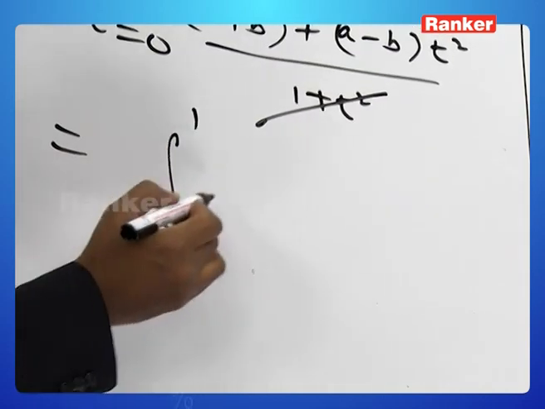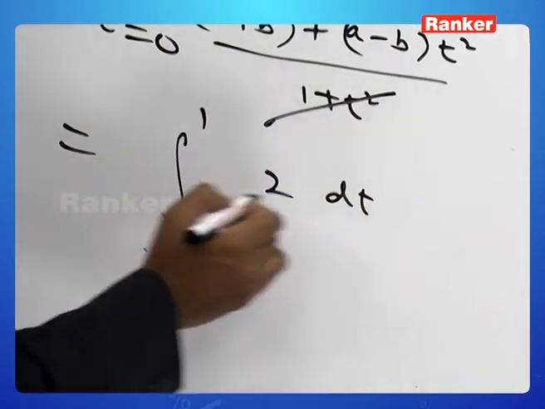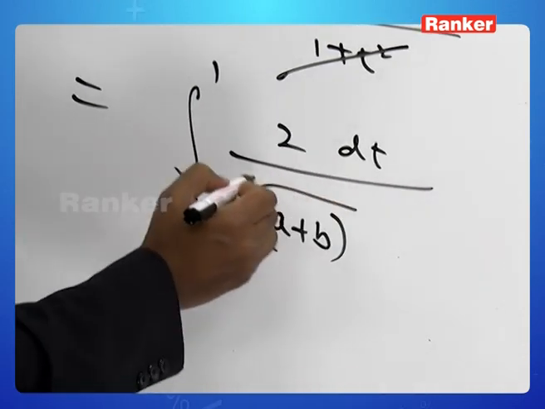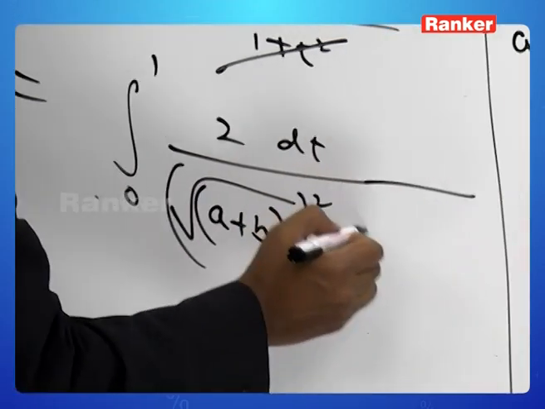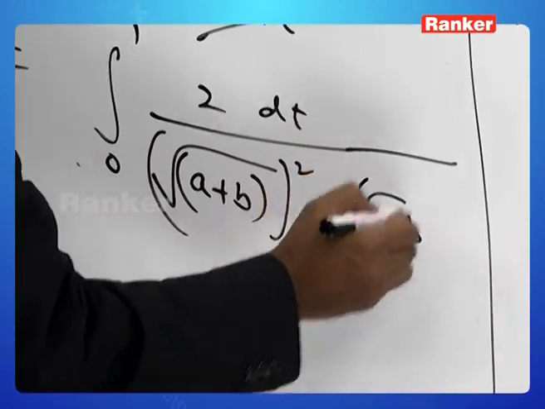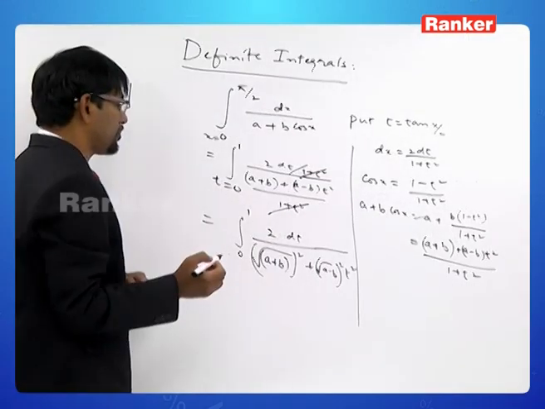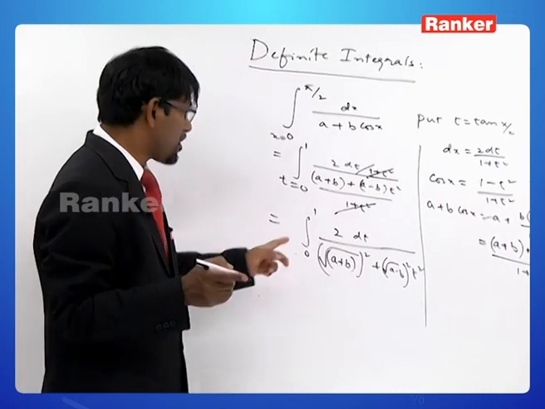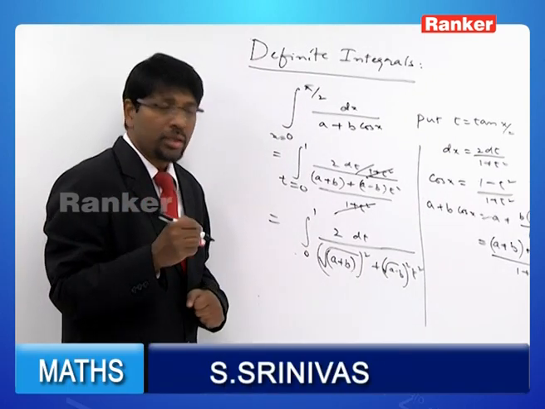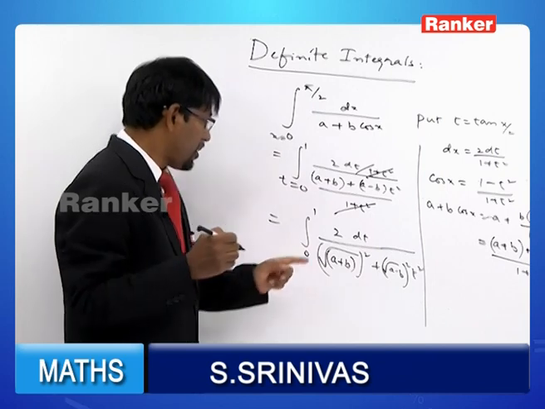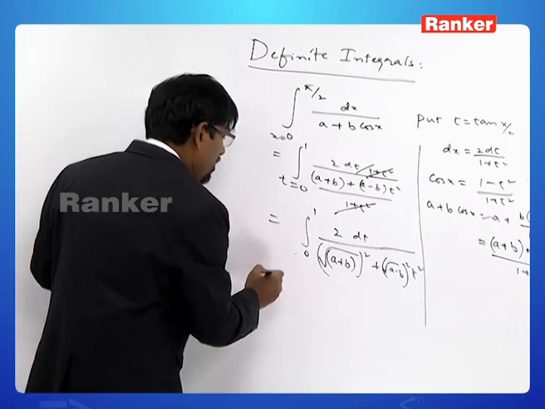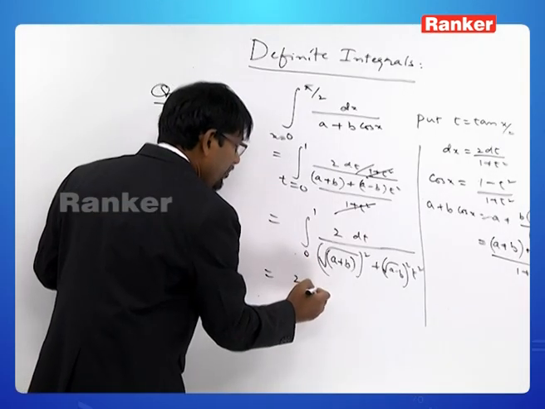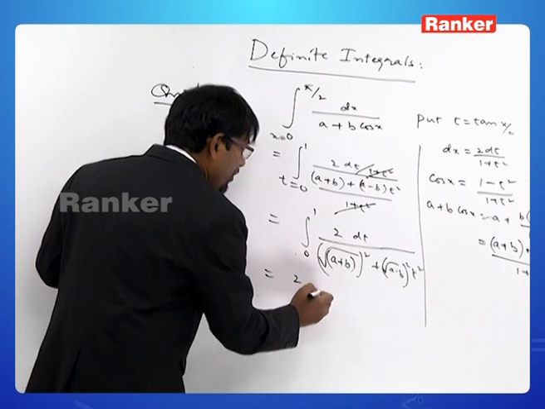Now this 1 plus t square cancels out, and what do we have? Integral 0 to 1, 2 dt by, this is a plus b, that I can write as root over a plus b whole square plus root over a minus b whole square into t square. Now it's in the form of 1 by a square plus x square type. And what is the integral? 1 by a tan inverse x by a, and of course we have to apply the limits. What do we have? 2 by, the 2 has been taken out. Now we have 1 by